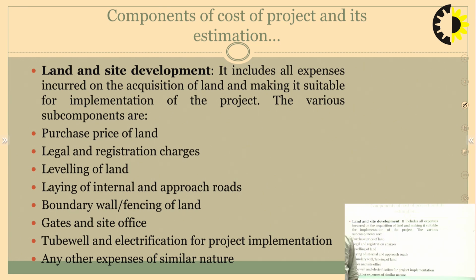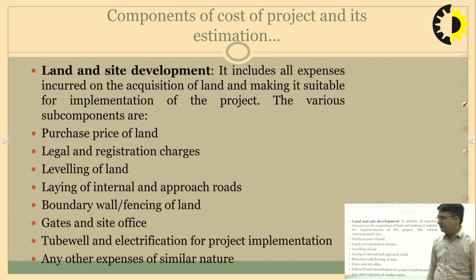So, there must be provision for that. Thereafter, we need a boundary or the fencing of the land, so that it clearly demarcates our boundary and safeguards our land from other things. Next is the gate and the site office. After the demarcation, we must have a gate. There must be entry and exit points which are controlled through gates, and we must have the site office,